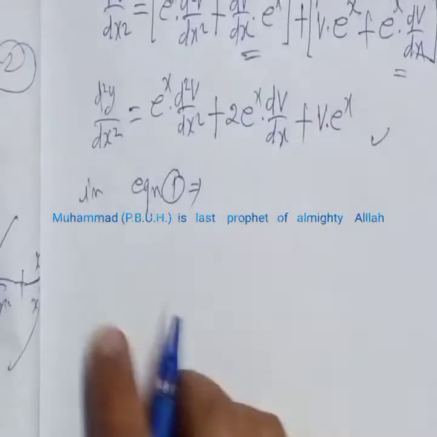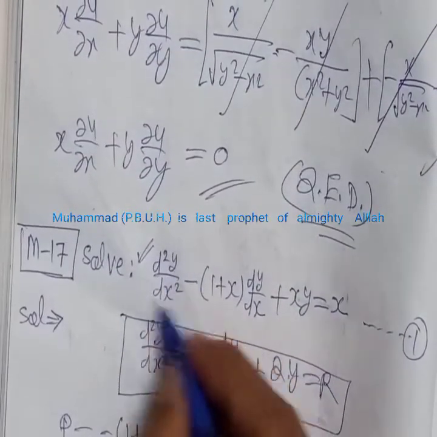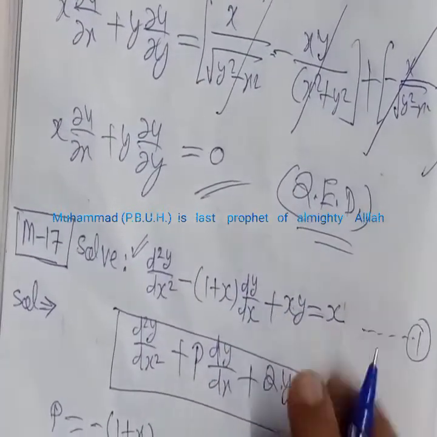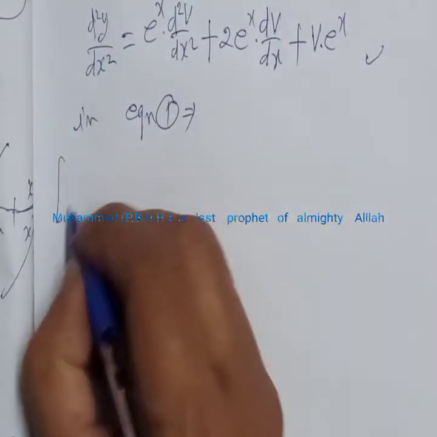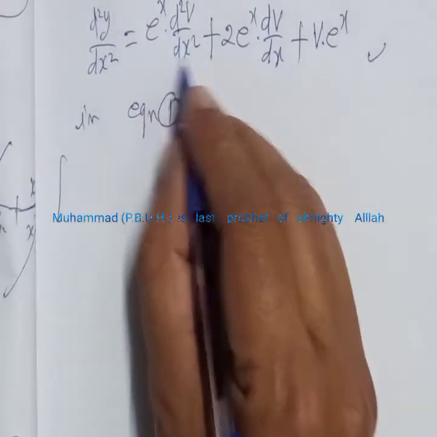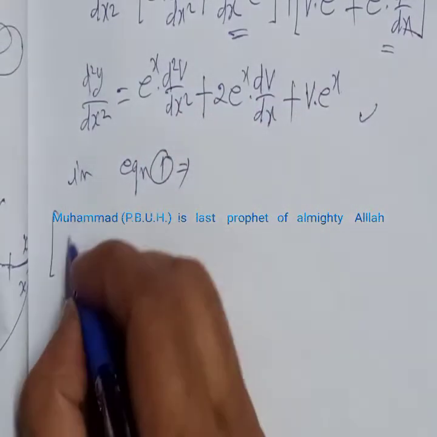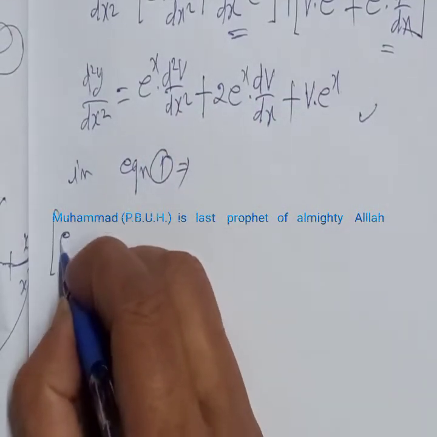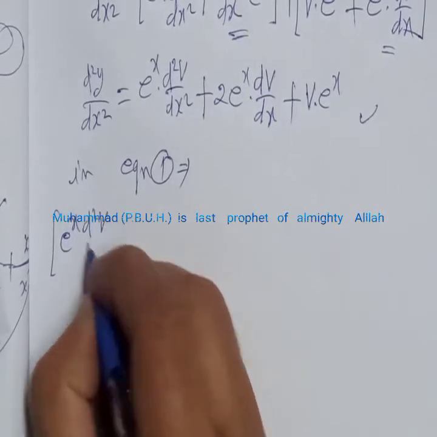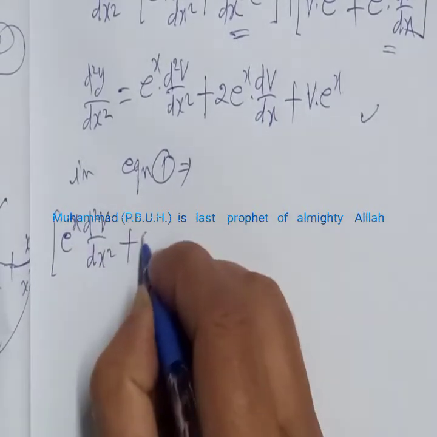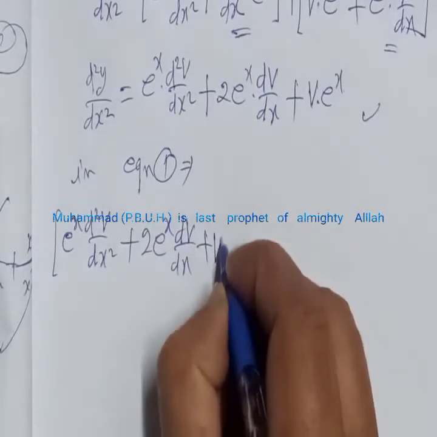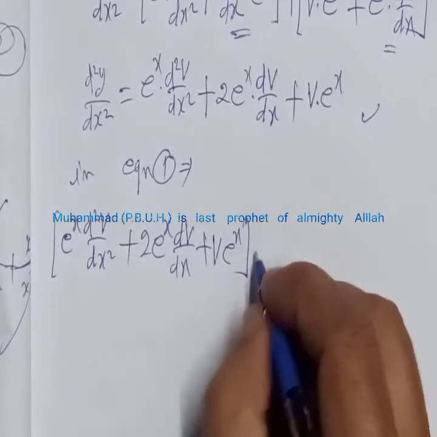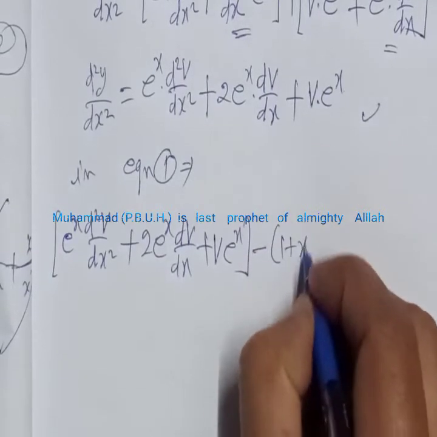So equation 1 becomes, on putting the values of d2y over dx square, dy over dx and y, we get the value of d2y over dx square as this. So write this value in equation number 1. We get e to the power x d2v over dx square plus 2 times e to the power x dv over dx plus v e to the power x minus (1 plus x)